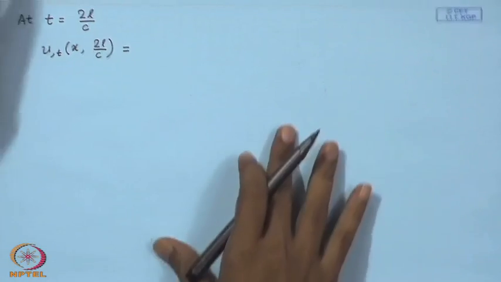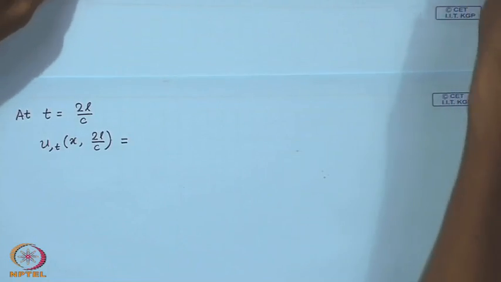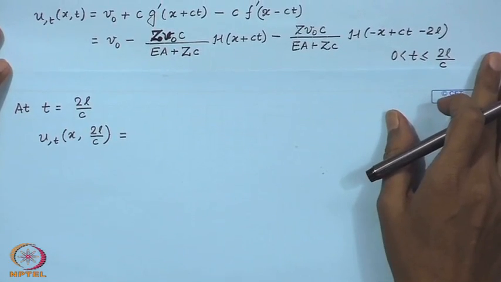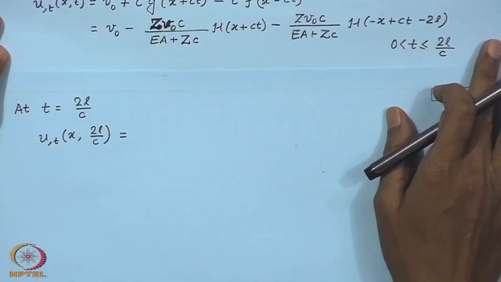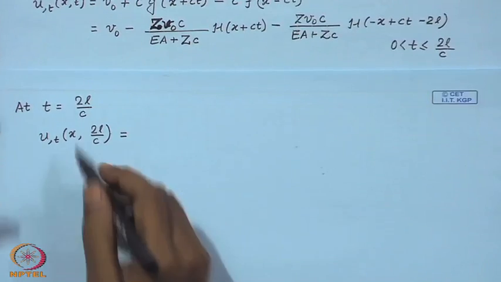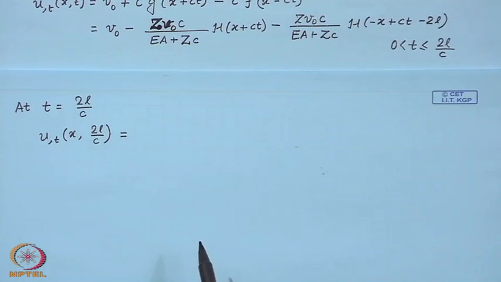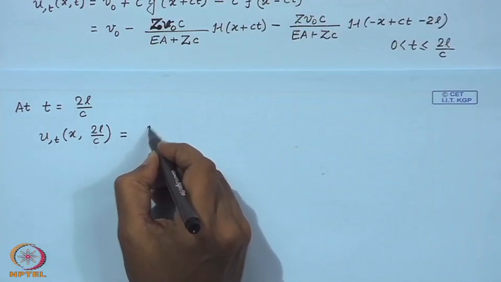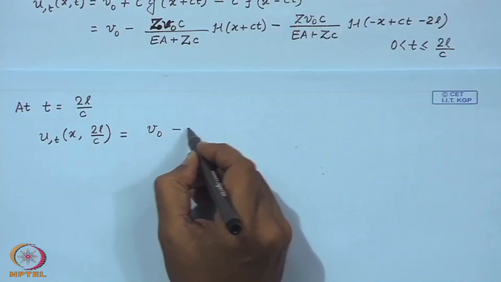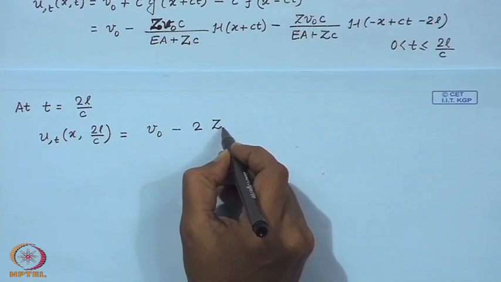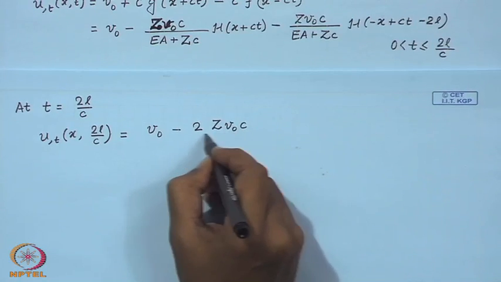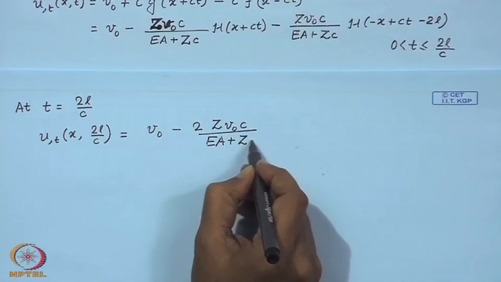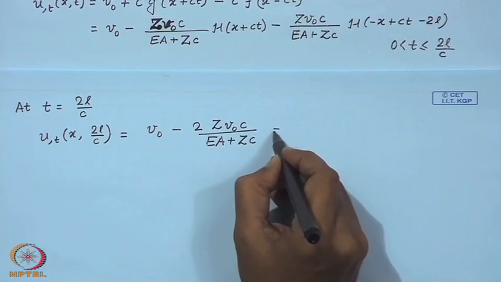In this expression we put this condition of 2L over c, and we can calculate, and that turns out to be